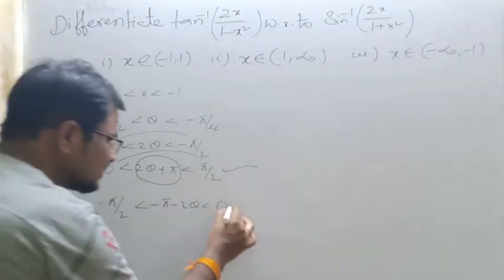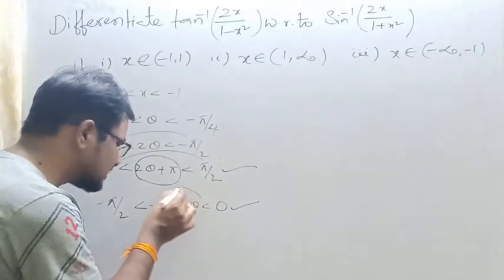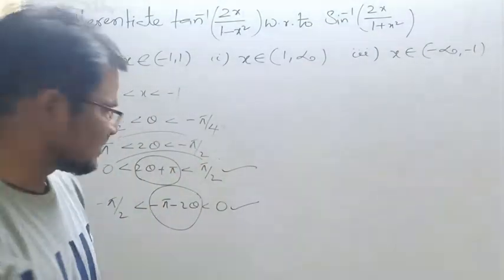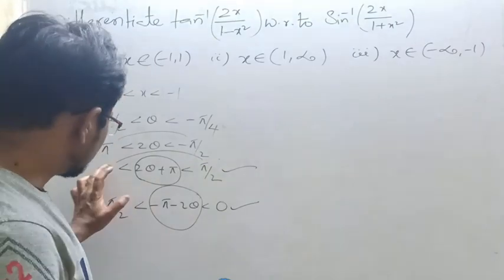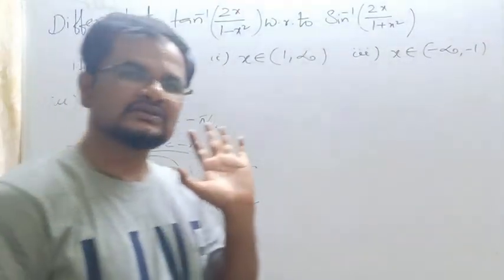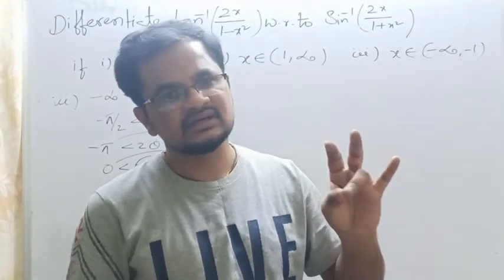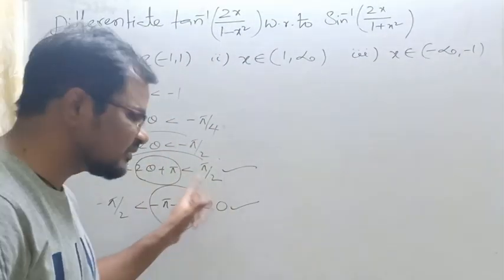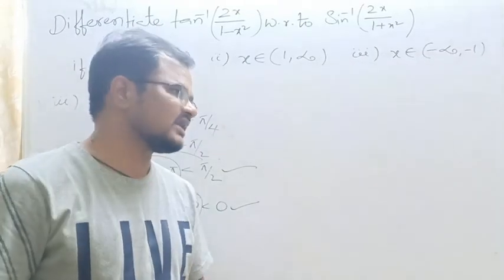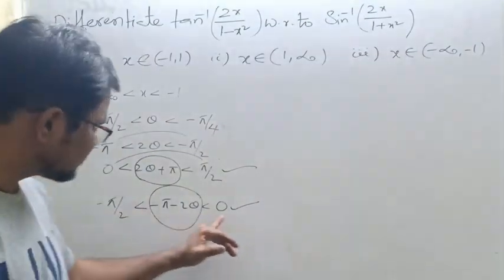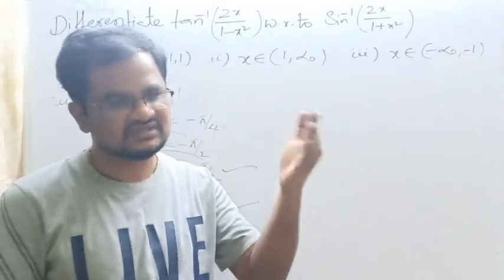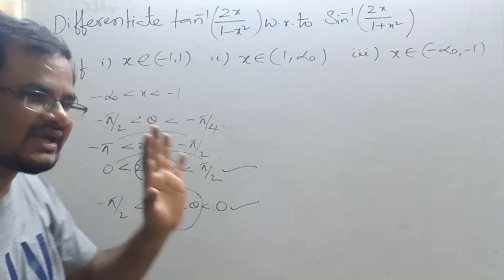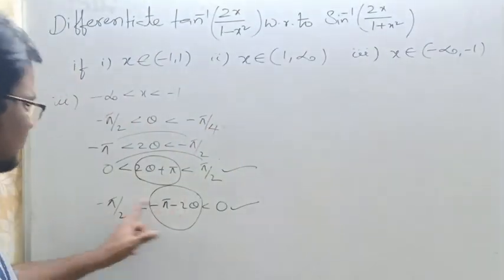Now this angle exists for sine, this angle exists for tan. Tan inverse means both are existing for sine inverse and tan inverse, because this range 0 to pi by 2 belongs to the range of tan inverse and sine inverse also. Minus pi by 2 to 0 also belongs to the range of sine inverse and tan inverse x also. But the angle, if you observe, does not exist for sine inverse. So that's why we are multiplying with minus.